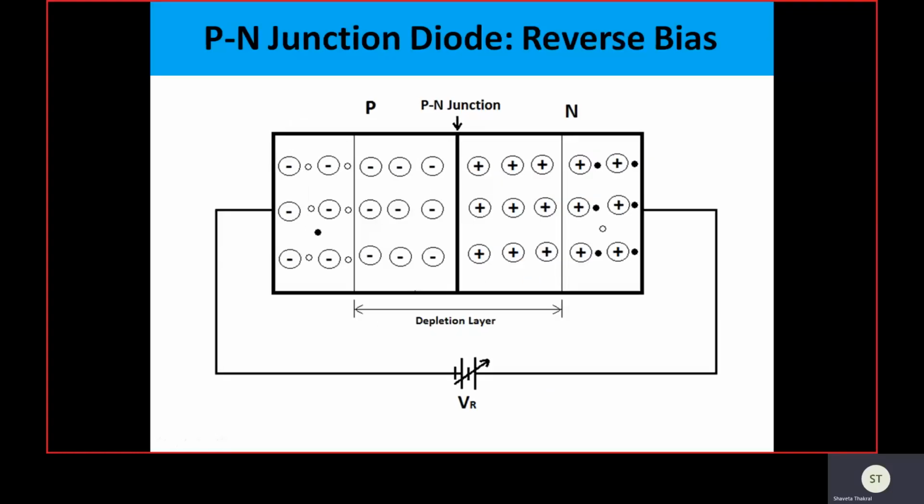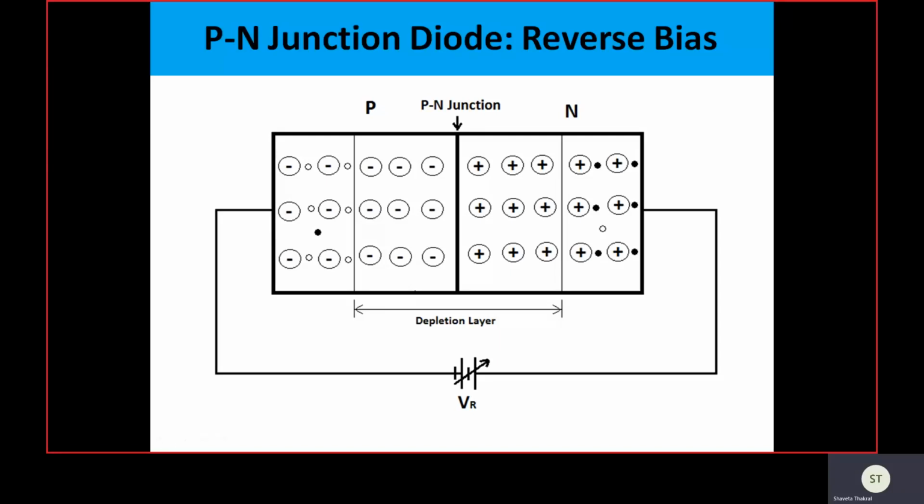And if we go for reverse biasing, that means P is connected to the negative potential and N is connected to the positive potential. As we are applying the electrical field in the same direction as the barrier, the barrier is going to increase and there is no movement of free charge carriers through the junction. If the free charge carriers are not able to flow in the complete closed loop, there is no current in the device.